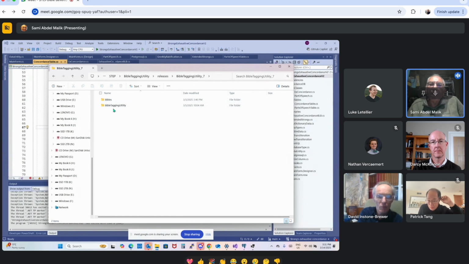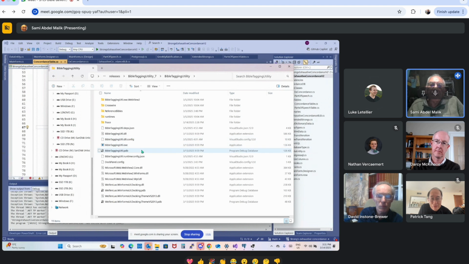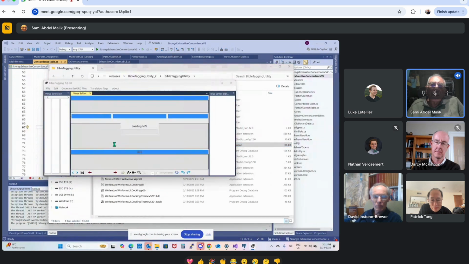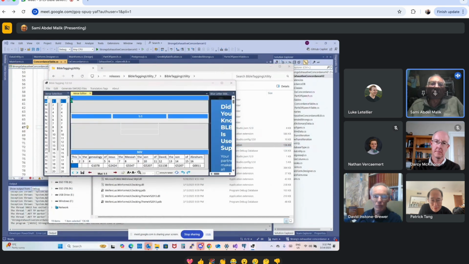So you will have the Bible and you will have this folder. This folder contains an exe, so what you need to do is just run the exe. Wonderful. There is no specific installation. And once you run it the first time, because there are no settings defined,